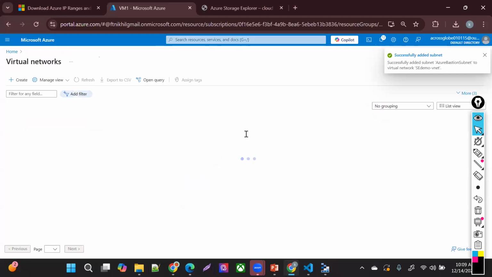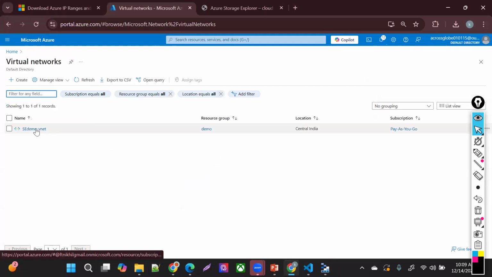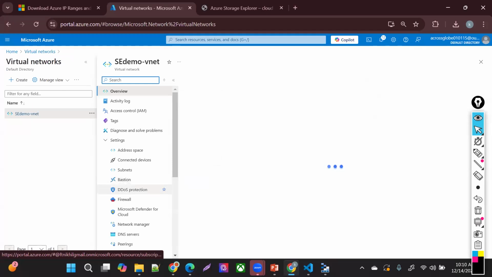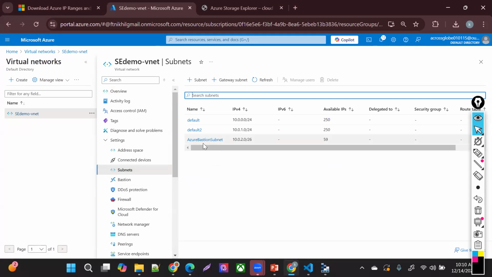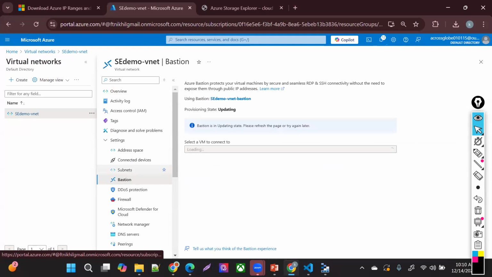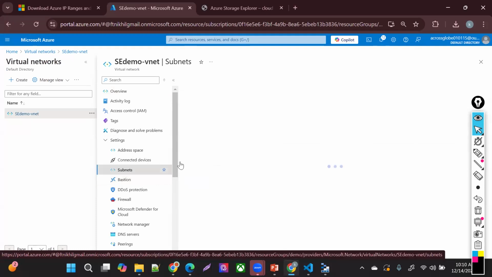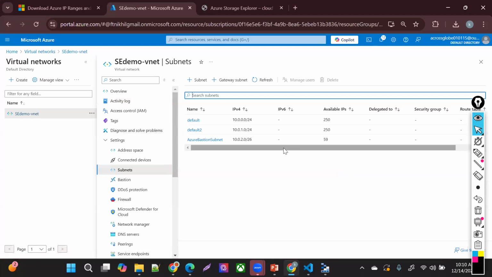Deployed with Bastion, virtual network. If you go on a subnet, you see Azure Bastion subnet, it's automatically deployed with one Bastion server. You'll see that the Bastion client is also there. But that subnet which I'm showing you is always going to be named Azure Bastion subnet. It's always going to be named on that Azure Bastion service.